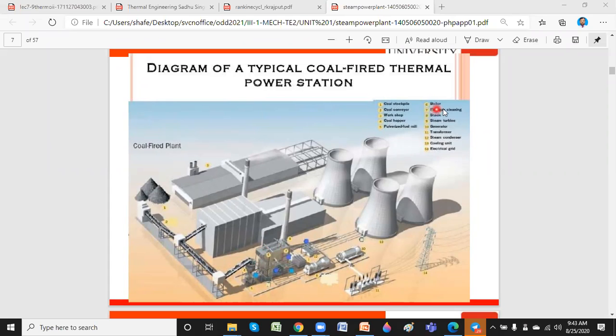You see the part six here, that is nothing but your boiler. So once the coal is fed into the boiler, the water is available there. When the coal gives heat energy, that converts the water into steam. Okay, water into steam. And you can see here the part seven. The seven that is shown is the flue gas path.